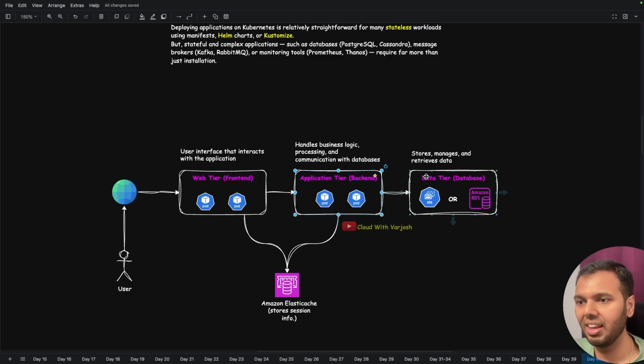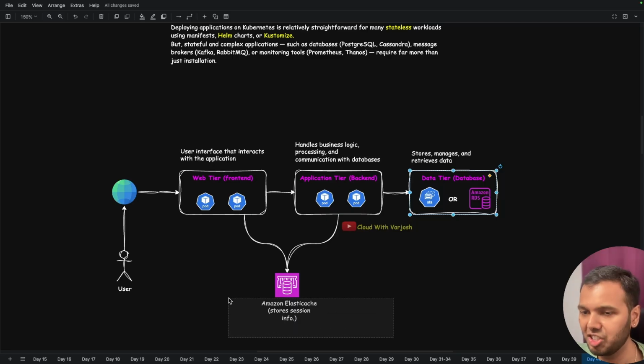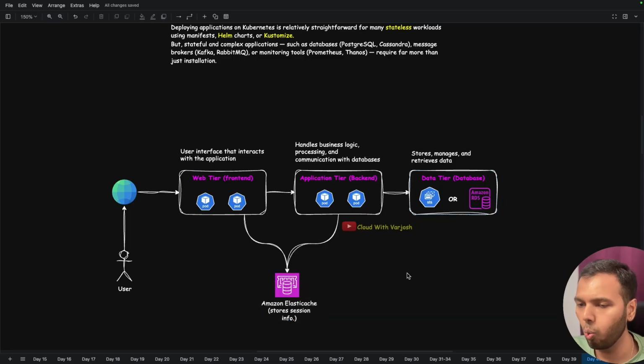Then we understand there is a data tier. The data tier is the one that holds the storage. It stores everything, and if the application tier wants to retrieve something, it can retrieve it from the data tier. And later we'll see how a caching system comes into the picture and how that works. Now let's understand what will happen when a user tries to access the website. And by working with this flow, we'll also answer what are stateless applications and what are stateful